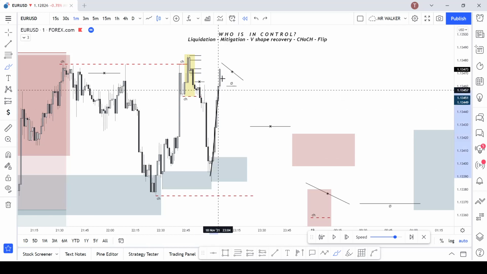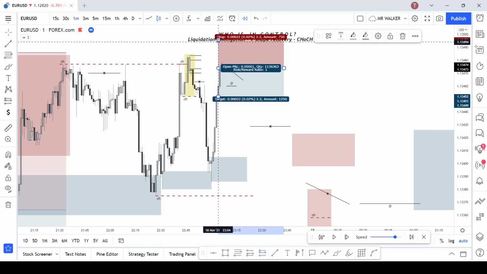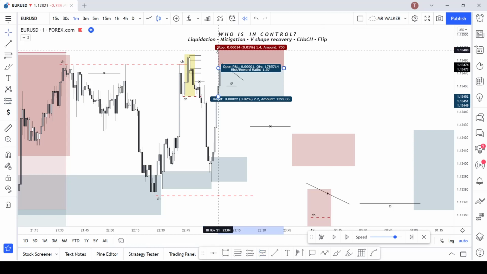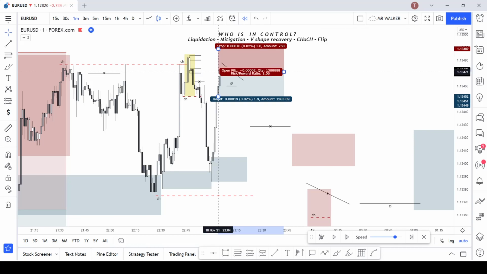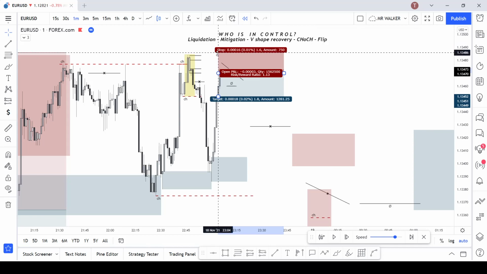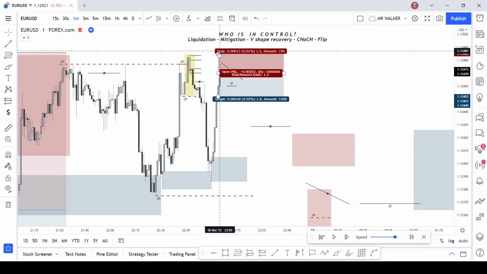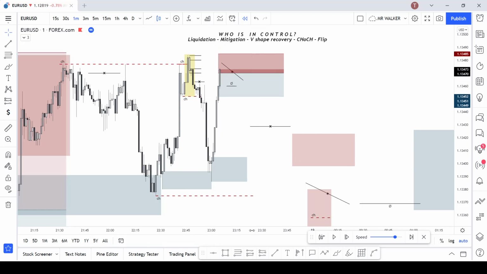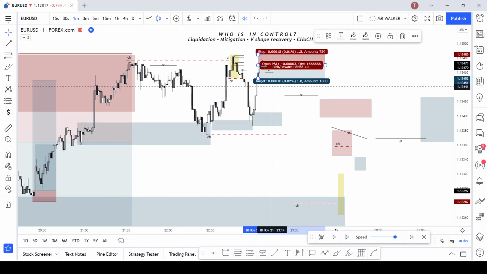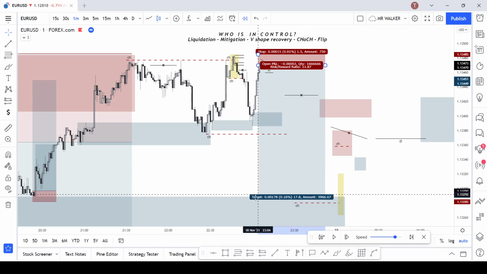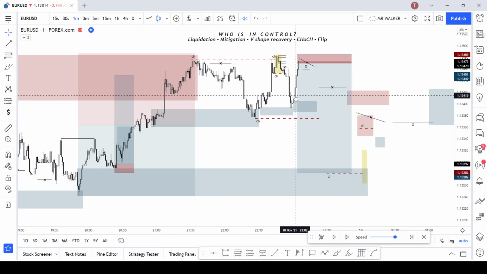So even though the price comes back pretty aggressively, we set our limit order from either 25% of Fibonacci or from the bottom, then you adjust the stop loss because the price doesn't need to go higher than that. You can adjust it to 2 pips just for the sake of spread, right? And the target for this one is the next unmitigated higher time frame demand, which is this one, because